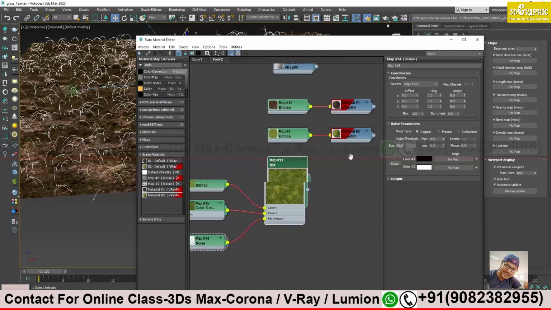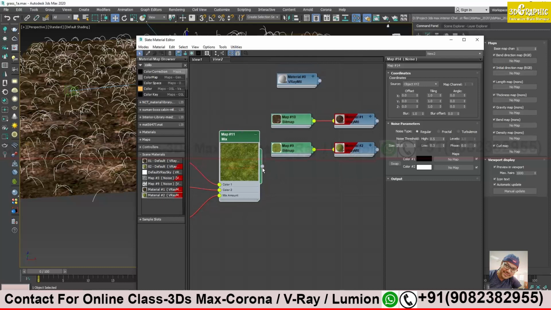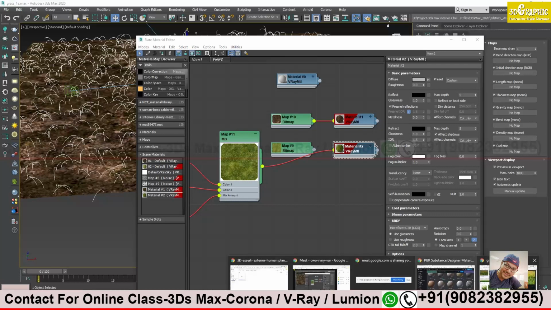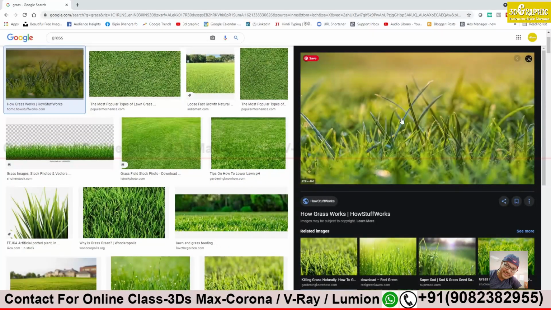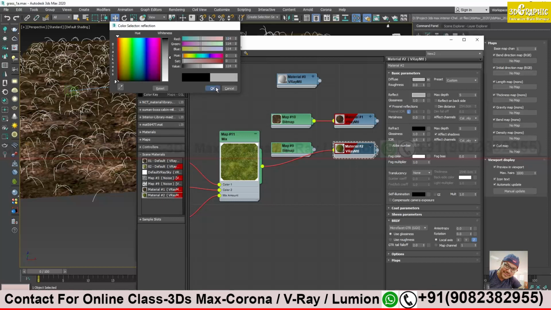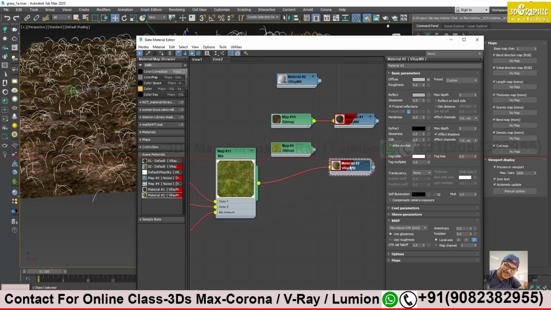So let's see what output we get. We have to apply this. So we have created the map and now we go to diffuse and apply this. Let's apply a little bit of reflection, because grass is a little shiny also. If you can see, yes, there's shininess also there, no. Correct. So let's apply a little bit of shininess, a little bit of reflection value. Not that bright, a little bit. 0.8 is enough. Okay, so we are done with the grass.